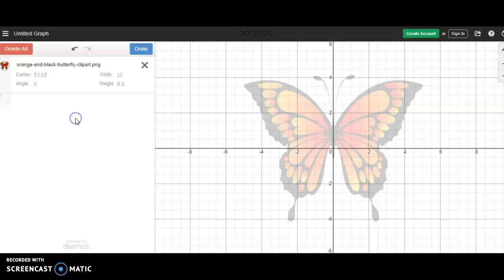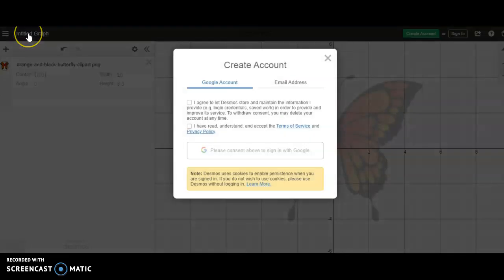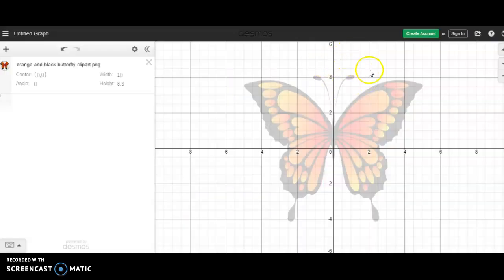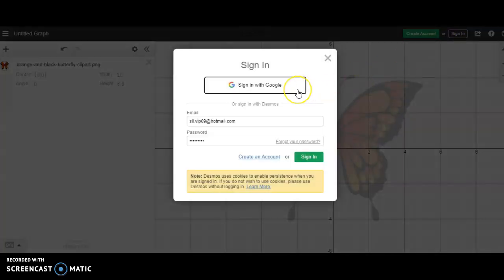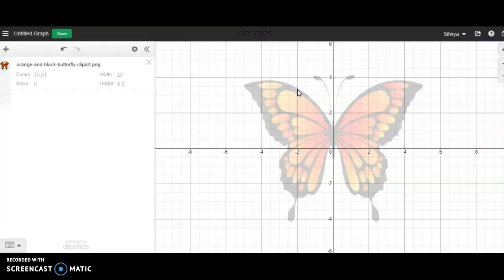Once I have my image set up, I need to save this project so that I don't lose this setup. First of all, I'm not going to call it Untitled Graph. So if you click on top of Untitled Graph, it will tell you that you can either log in or create an account. Instead, I'm going to click on right here. I'll click on Sign In. And I already have a sign in with Google. If you don't have an account, you might click on Create Account, and you still have the option of linking